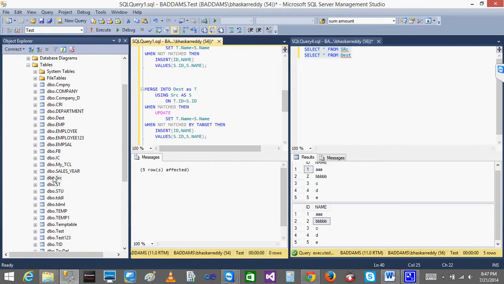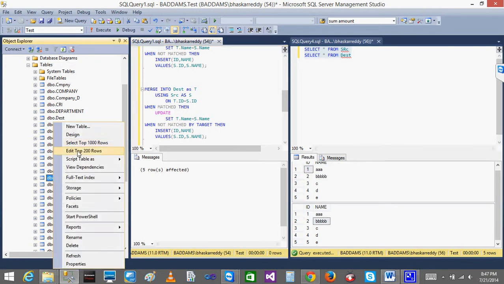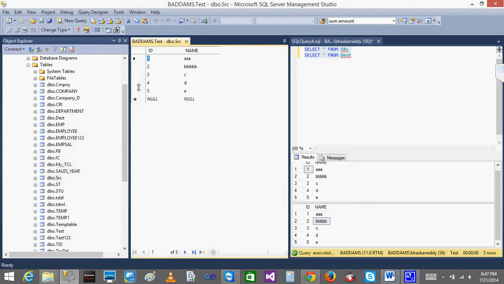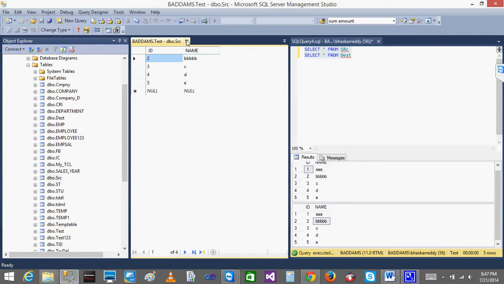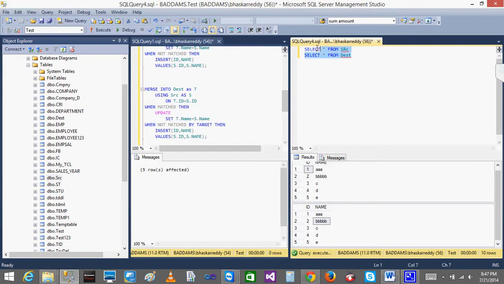I'll get some data from the source. Select edit 200 rows. Just say in the source I deleted this record, the first record. I'll just delete this. I've just deleted the first record, done. So what my scenario is that,